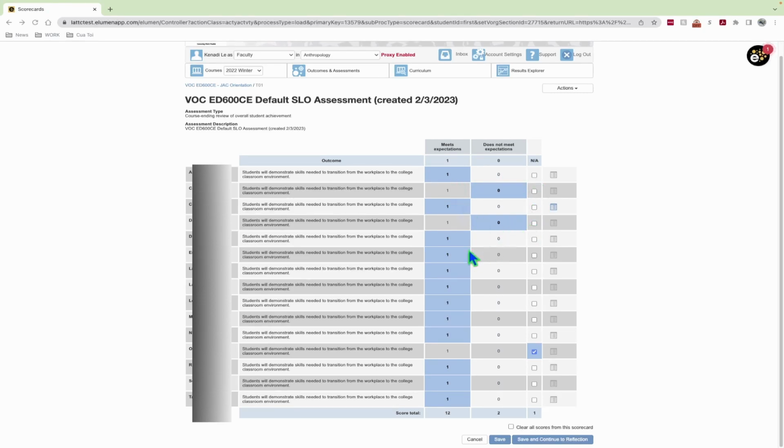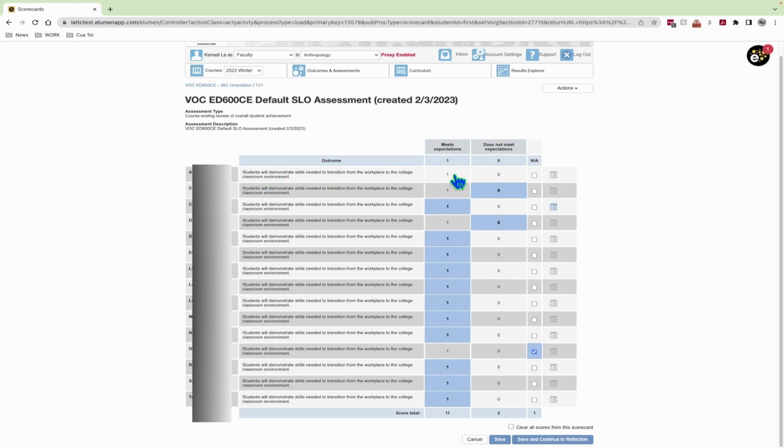If you need to change something, you would just select the other option, other than the one that you had selected. So for here, instead of 1, if I want to select 0 and I click on it, the 0 is now selected. If I want to clear the entire row, I just select the 0 again and nothing is selected. Please make sure that for each SLO row, there is something selected. It is easy to overlook that a row is missing either a 1, 0, or NA checked off, and you would think that it is complete when it's not.